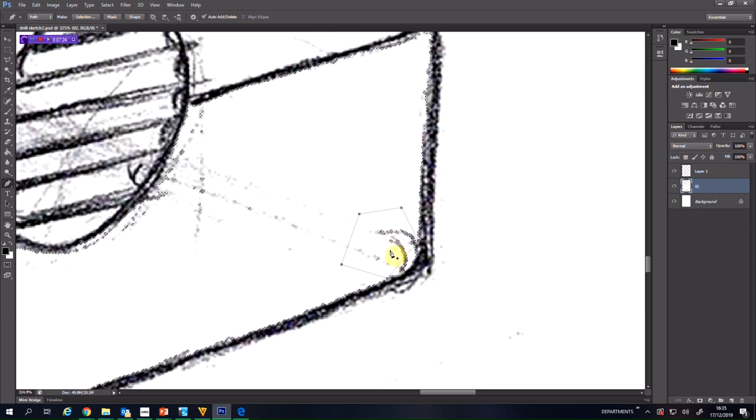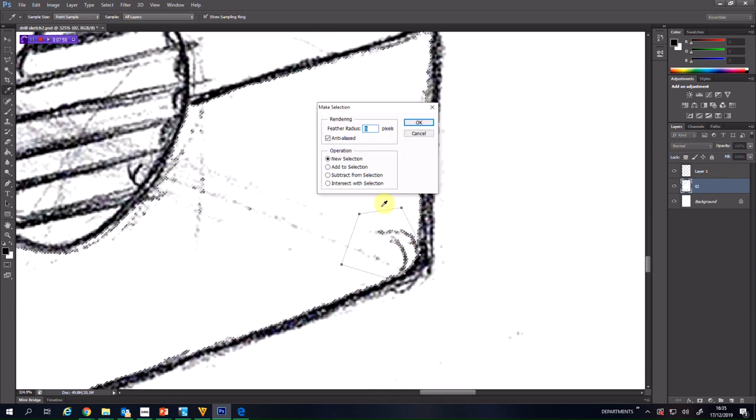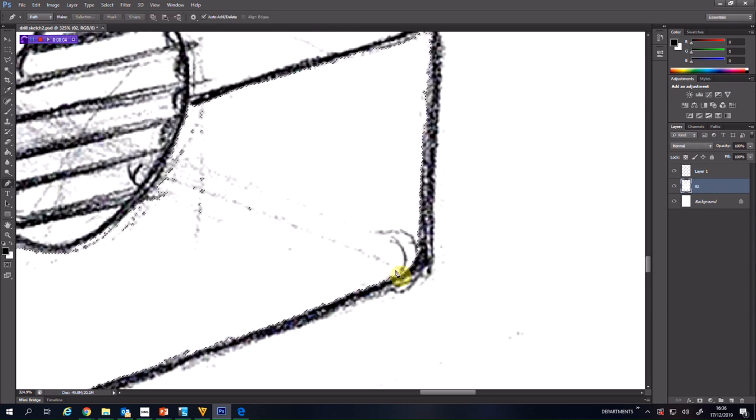Now if you watch the cursor on this, if I move my mouse over the line, you see the plus button that appears. So that allows us to add anchor points. So I'm going to click there and add an anchor point. And the aim here is to move that anchor point to here, so that I've got a better, more accurate shape. So we'll hold control, and I'm going to click and drag that. There we go. So I've now surrounded that whole area. And if you right click, make selection,